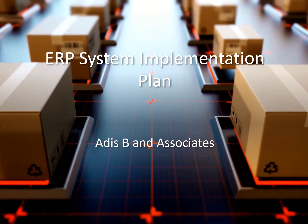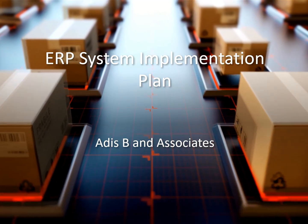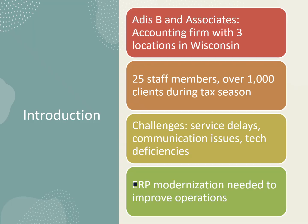I emphasize that the project is focusing on improving operational efficiency, data accuracy, and service delivery through a structured rollout of modern ERP. Addis B and Associates is the context for the ERP initiative, emphasizing that the firm's scale includes 3 locations and over 1,000 seasonal clients, and the operational challenges it faces, including service delays and tax limitations. It points out that the ERP modernization is a strategic response to these issues, aiming to improve efficiency and client